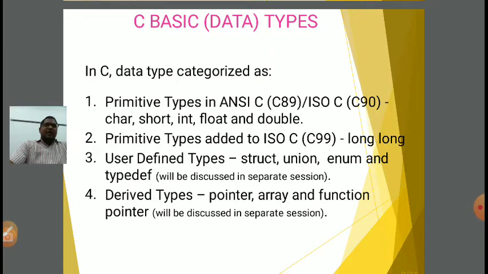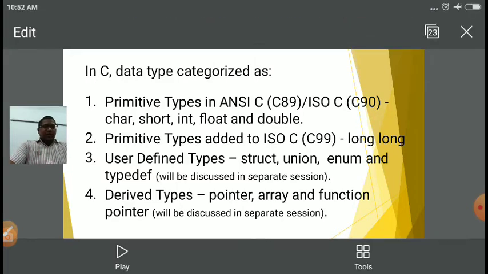Or if I am writing int integer, then int is the old name and integer is the new name. So I have to write typedef int integer. It means typedef will define a new data type name for the previous name, and it will replace it with the new name.